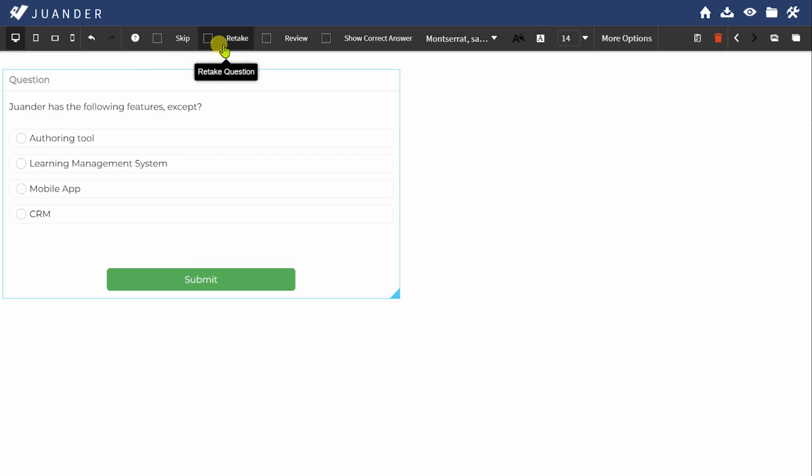Then you can set for the user to retake the question, meaning if he answers, he can answer again, or if he got the wrong answer, he can choose another answer so he can retake. You also have an option to review. This will show the correct answer or the selection that he made. And then this one is for showing the correct answer to the user. Okay, so it depends on the type of quiz that you are making, if you will enable or disable some